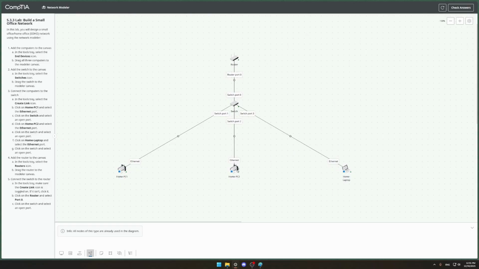Now, if I want to disconnect this, remove, there's no port. Okay. Okay, let's pretend that there's a connection there. So if this laptop wants to talk to home PC2,